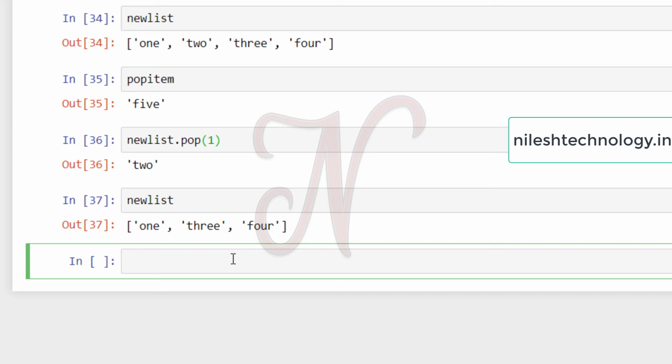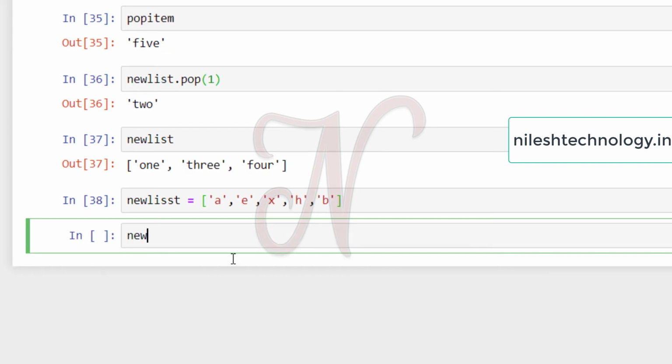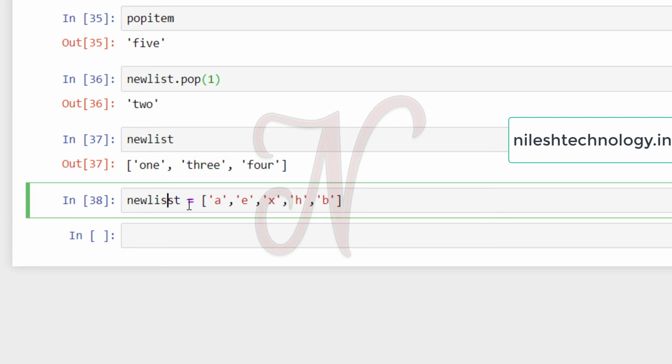The next function is the sort function. Now I have to assign new items to the list. See here, A, E, X, H and B. This is my typing mistake, so we have to change this list.